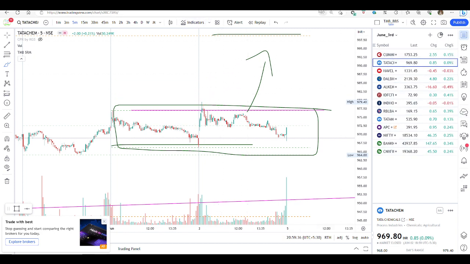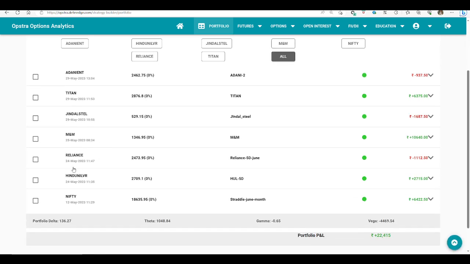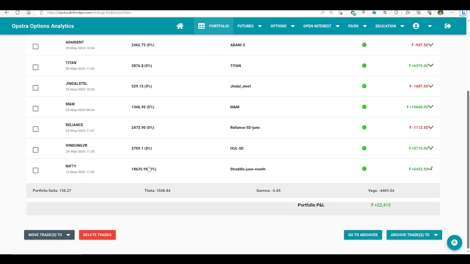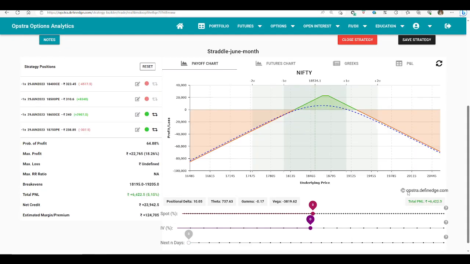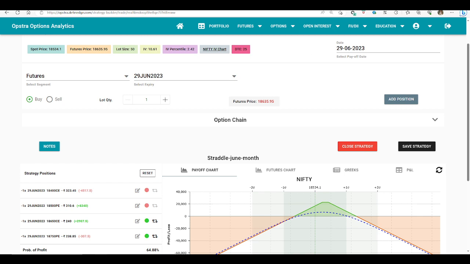And one more thing I wanted to show you is the nice strategy which I was talking about, the money breeder conservative strategy. Okay, this was running with 6,422 rupees. If this Nifty has mild bullishness and comes to here, 670, I may see 8,000 to 9,000. I will book. I am expecting 10,000 rupees profit in this. Already I am running with the 5%. Okay, this is the strategy I wanted to run forever in my account. Okay, I wanted to show you.